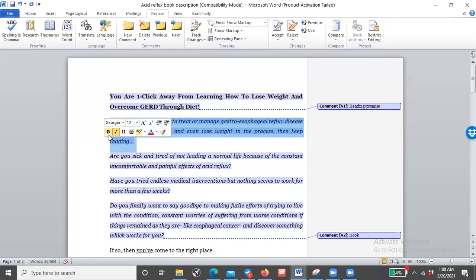Then you will have a number of questions. They are still part of the hook, but the first part does not take the same question style, while the subsequent parts take that other style. Are you sick and tired of not leading a normal life because of the constant uncomfortable, painful effects of acid reflux? So basically you should understand